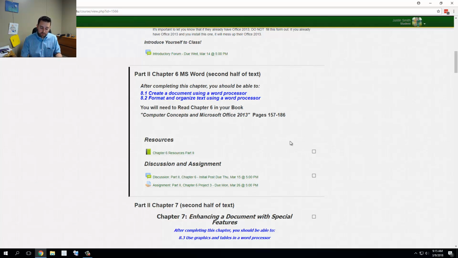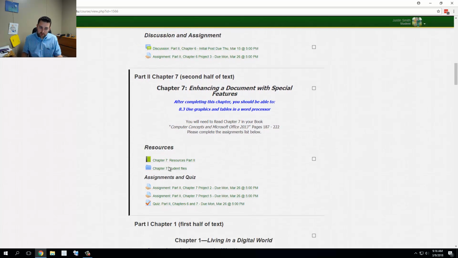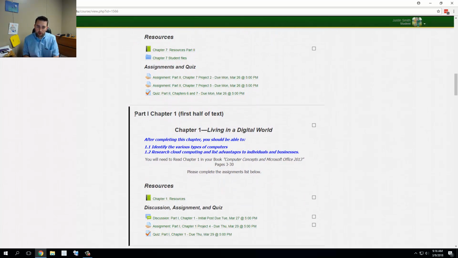And then you'll see at the back of the chapter, there's assignments. So when you click on that, you'll match up the project number that's in there, do that project, and submit it via Moodle. And I can help you with that. If you have questions on that, you can feel free to let me know, and I'll help you learn how to do that. Then we'll go to the next chapter 7, and then jump over to part 1, chapter 1,